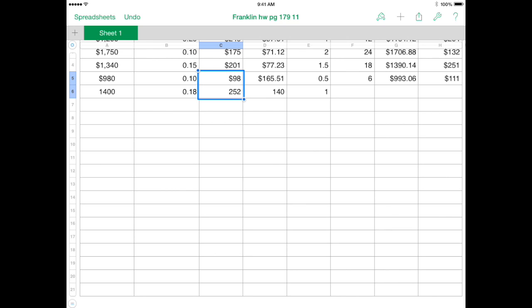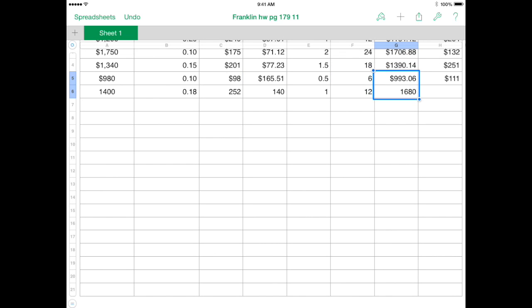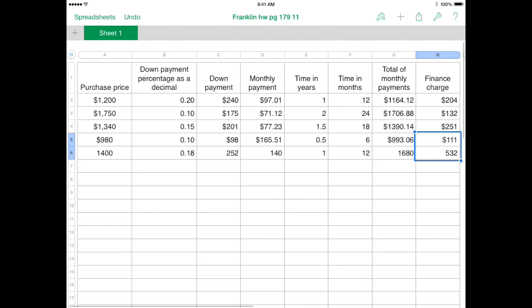Notice that these boxes now aren't formatted. I could go back and do those. But over here, I'm going to press fill and bring it down. Hey, 1 year is 12 months. Bring that down. Whoa, huge finance charge we're going to have here. This does not seem like a good deal. I don't think I would finance that with those rates because my finance charge is going to be huge. The idea there is you can see how I can use this type of math